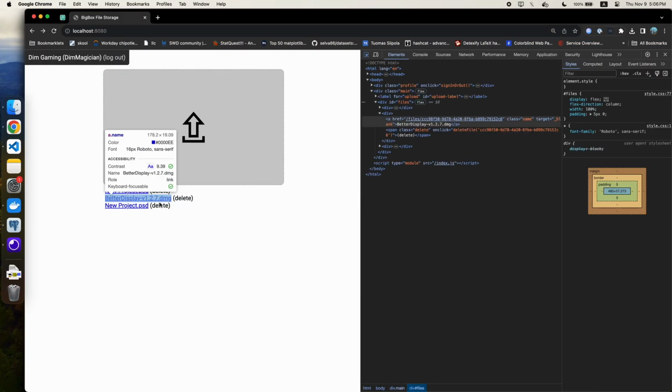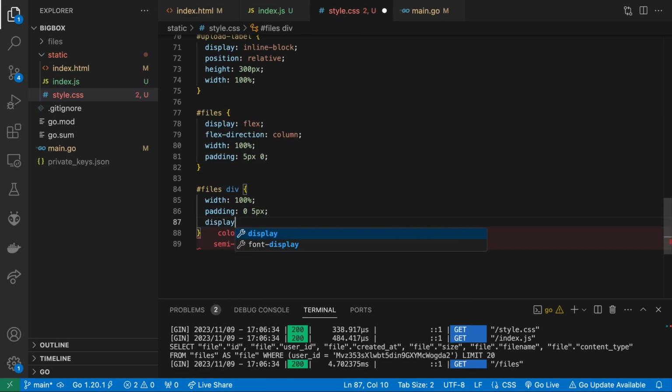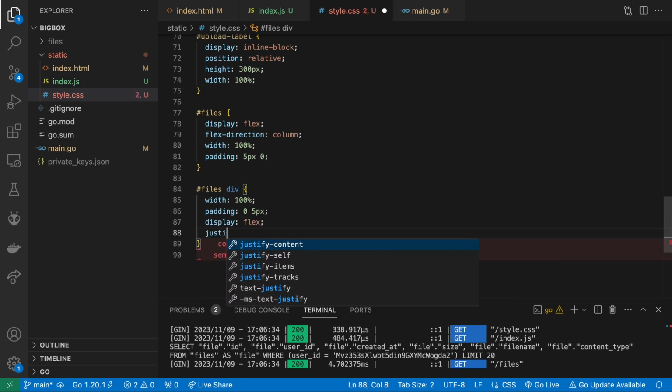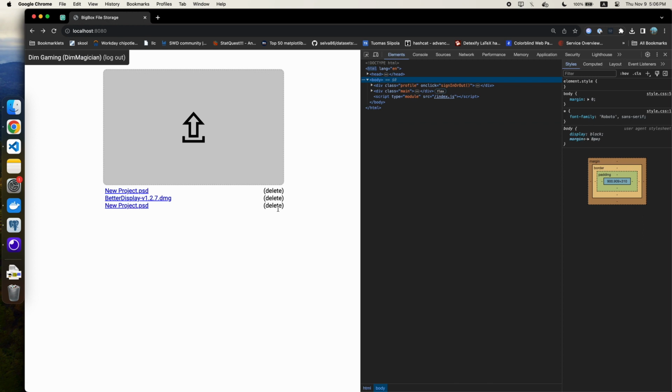Now let's separate the delete button from the file name. In this div, let's set display flex and justify content space between. And that works like a charm. Now I don't really like this delete text, so let's do the same thing we did before and go to